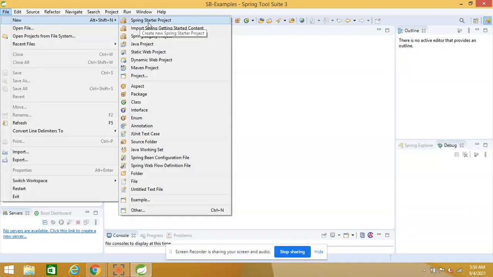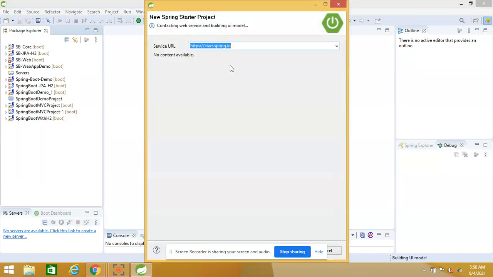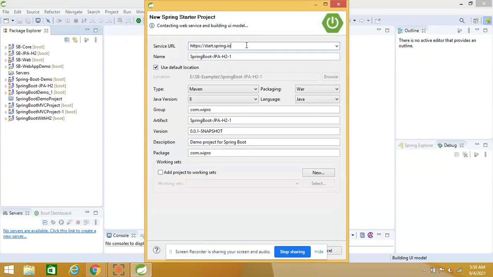I'm just creating a Spring starter project. It is fetching data from Spring Initializr, and I will say that yes, I want to create a Maven project and I want to work with Java 8, and yes, I'm going to work on a web application. So I will be selecting war and I will select the language Java. Here I will be entering my package name. Let it be com.valan,